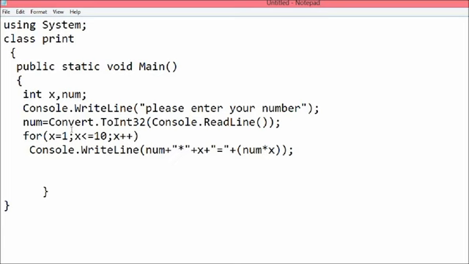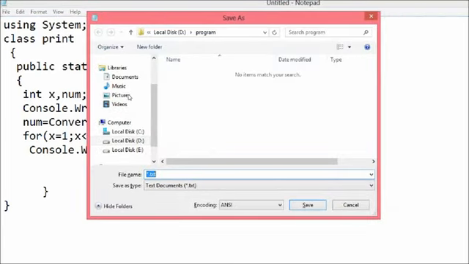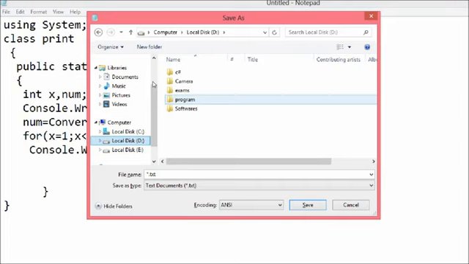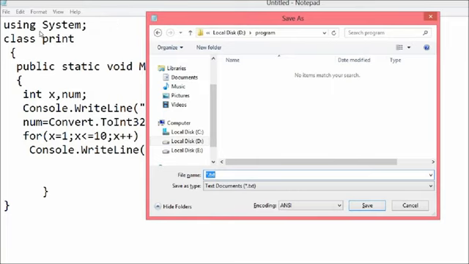For this we have to save the file by pressing Ctrl S, and we have to save it in a drive and folder. My drive is local disk D and my folder name is program. We have to save the file with the name of the class name. Our class name is print, so here we have to write print, and the extension of C#, that is .cs.